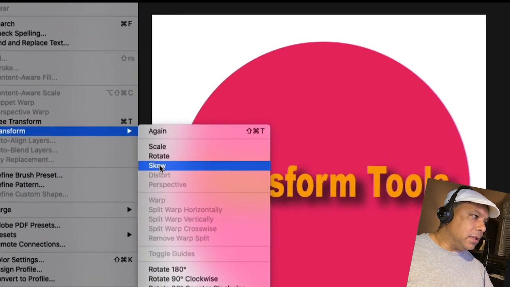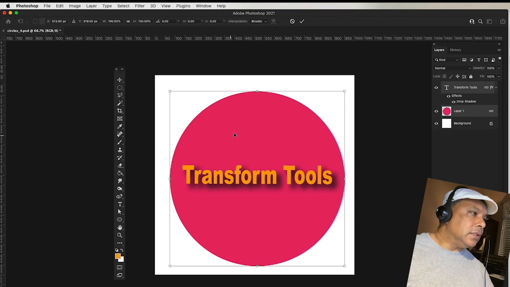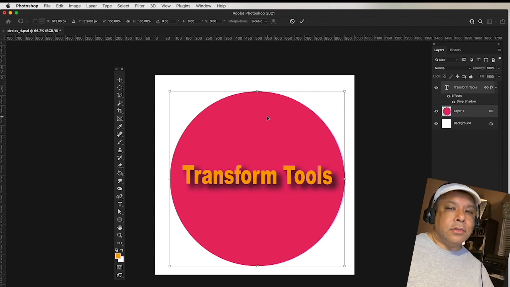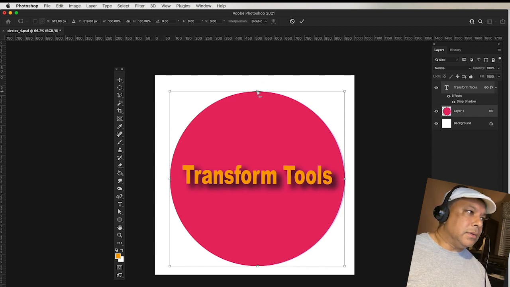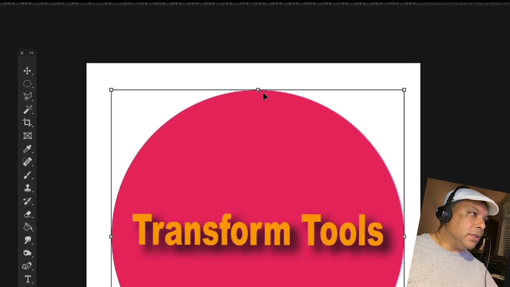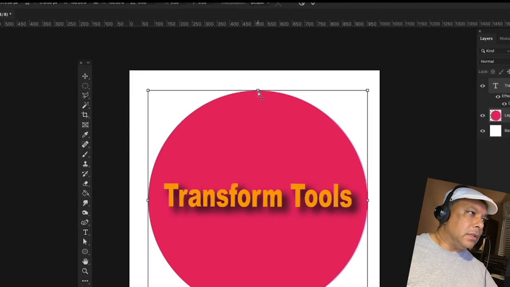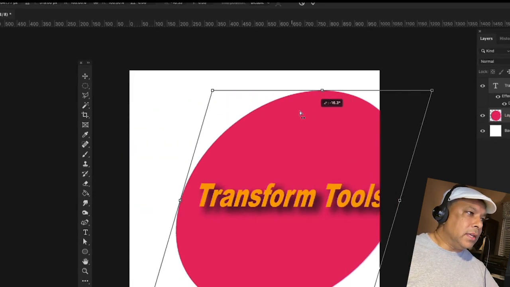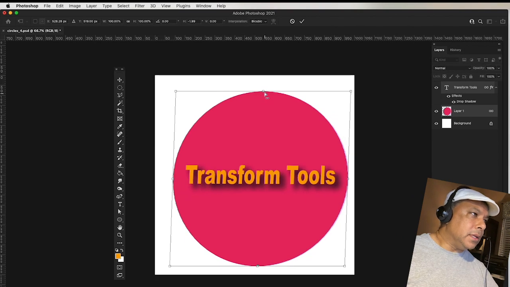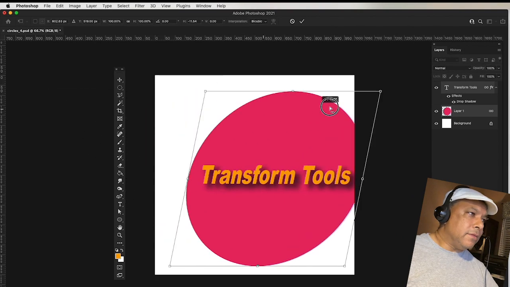Okay, so I'm going to go ahead and click on Skew, and as you can see, another set of handles appear. And when it comes to skewing, you're just kind of distorting the angle. In other words, instead of this being straight, watch what happens. I'm going to move the cursor over, and you'll notice that the cursor changes. And beneath that, there is another smaller cursor that has arrows pointed in both directions. So let me go ahead and see, I'm moving it left and right. Let me go back a little bit. There it is. I'm moving it left, right,